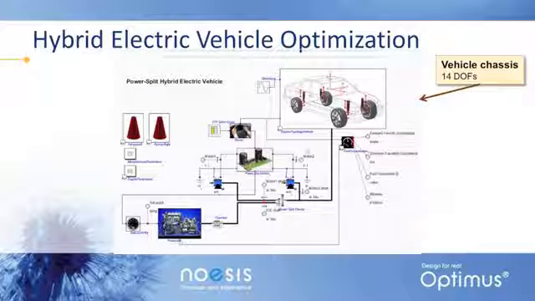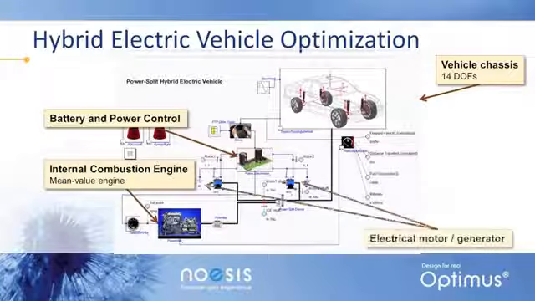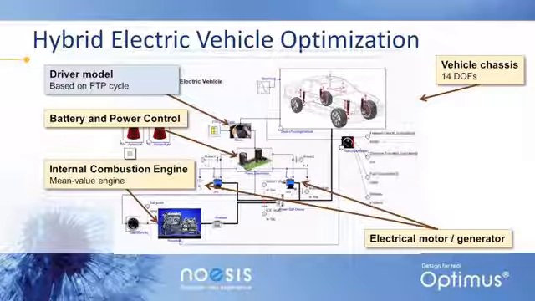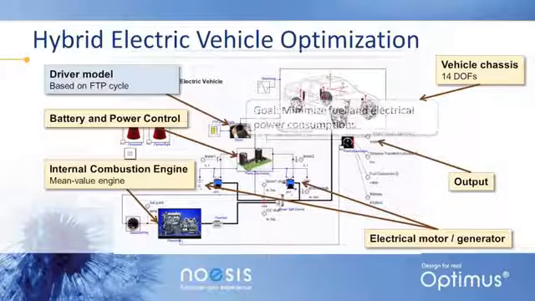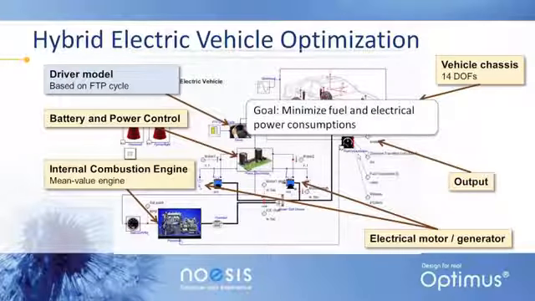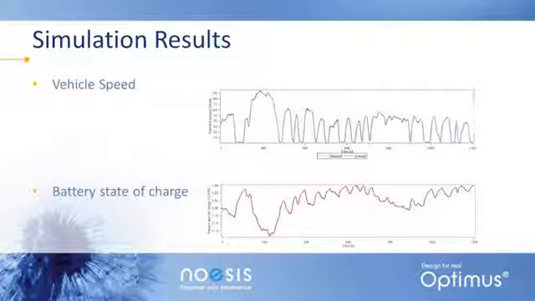This is the interface for MapleSim. For this example, we're doing a hybrid electric vehicle optimization, and you can see all of the different parts of this simulation. Now on the far right, you'll notice the outputs from this simulation. Now our goal, by changing a few of the inputs, is to minimize the fuel consumption, and then also to match a typical driving